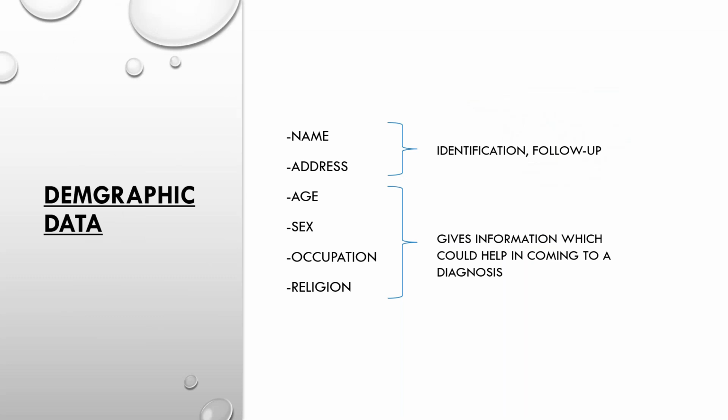So the first one is your demographic data. What it tells you is it's basically to identify the patient, to build a rapport with the patient, and also it can help you to follow up the patient, because now you know, for example, if it's a ward and you have 100 patients, sometimes in the ward we'll have 5 patients who are Ram, right?